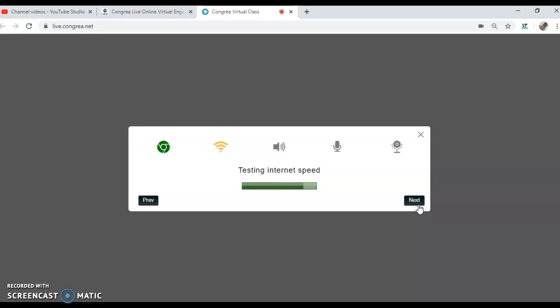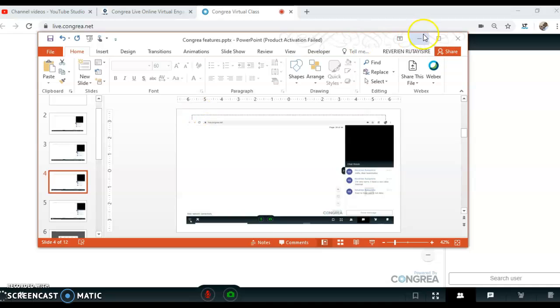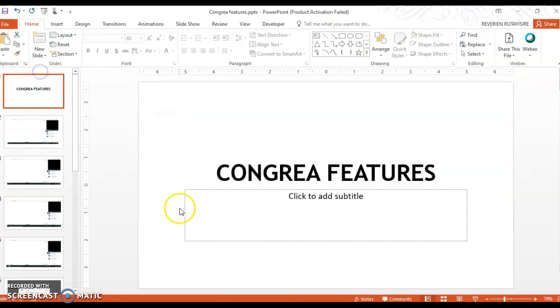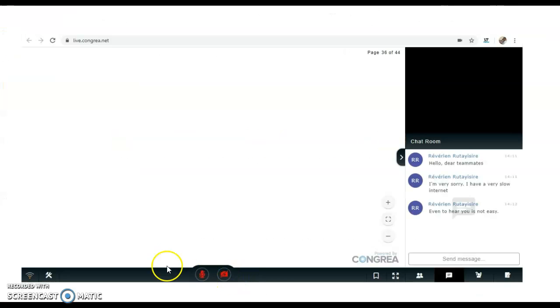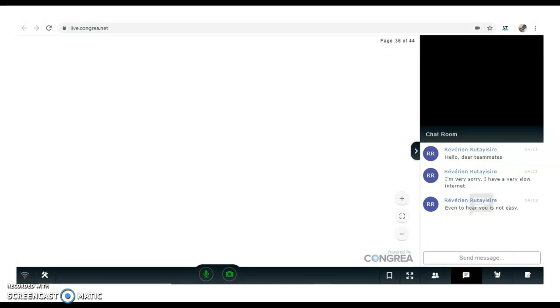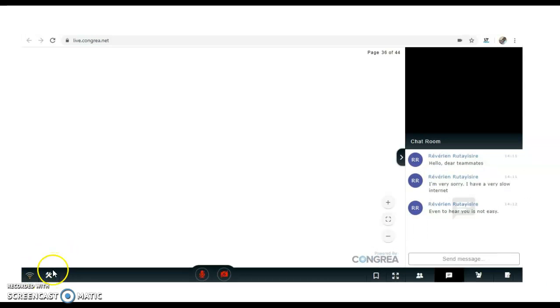You click next until you finish. So now you will have a page like this one, where we have this option in order to check the internet connectivity. This is the tool you use in order to check the compatibility of your system. And once you have clicked on this one,